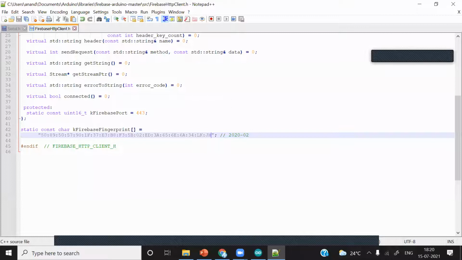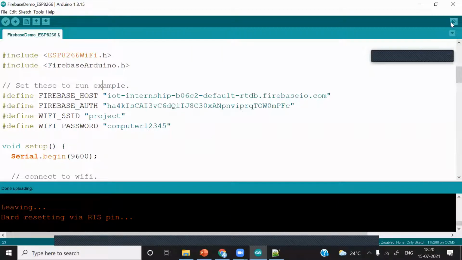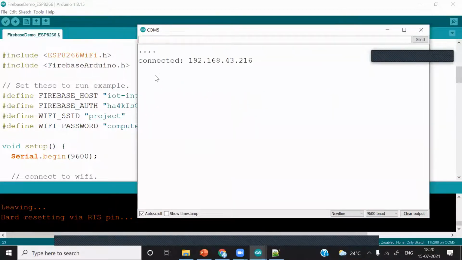Now we will check if data is updating or not. We will again get data setting failed because we have put the wrong fingerprint key. Okay, so always remember that when this error appears, data setting failed. See, you can observe here again, setting number failed.